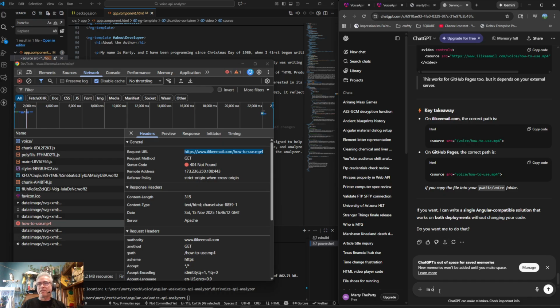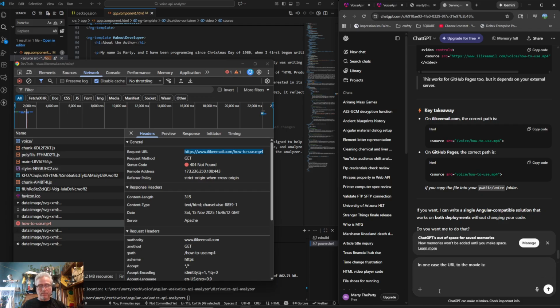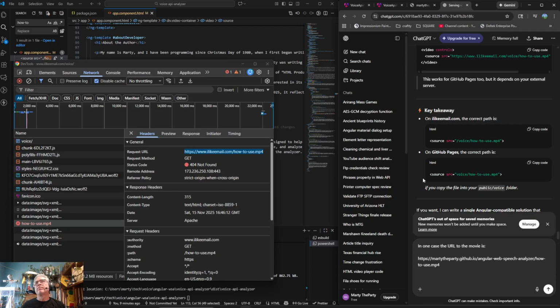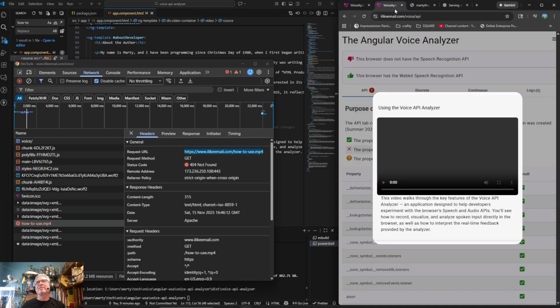In one case, this should be so simple. Obviously, this is an edge case that is missed. The URL to the movie is... it's so easy to get pissed off about this stuff.